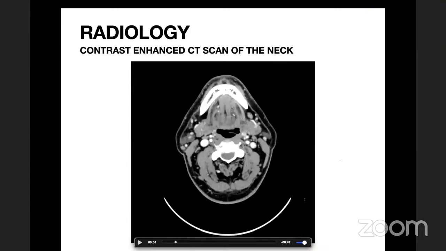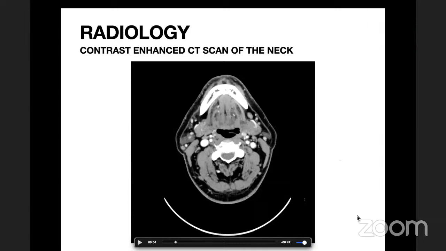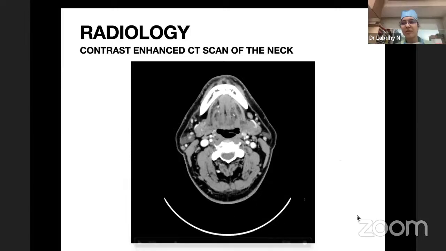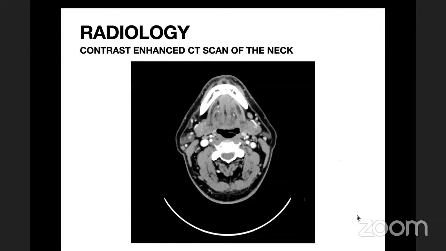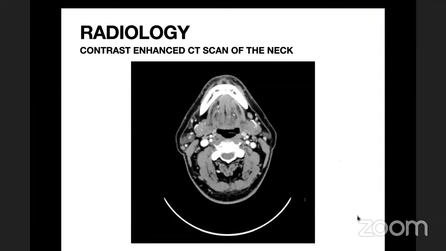So what levels of lymph nodes will you see? I would see level 2, 3, and 4 lymph nodes for advanced laryngeal cancers. That's all? Now with subglottic extension, what other level will you want to look at? Paratracheal nodes as well. Central compartment lymph nodes. So central is level 6.